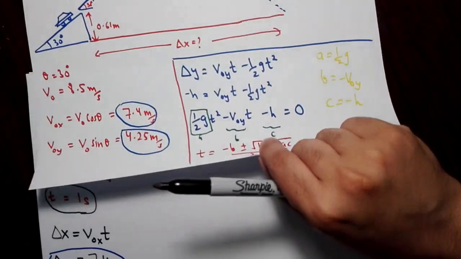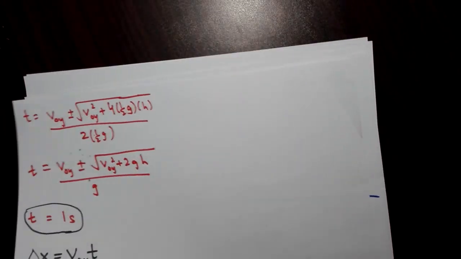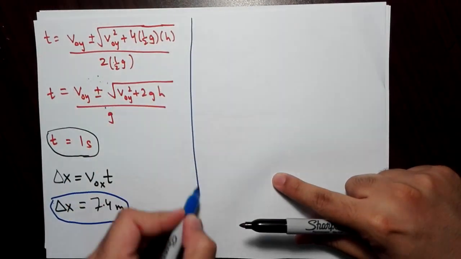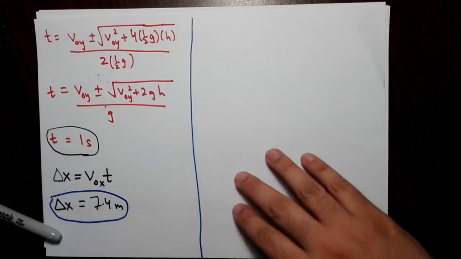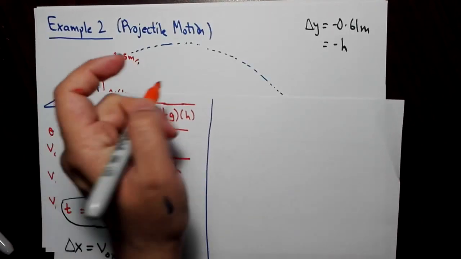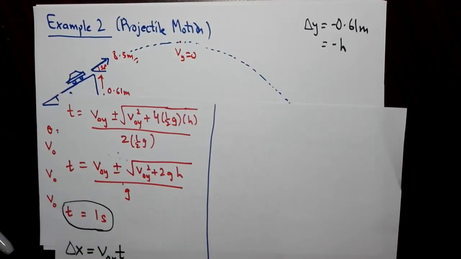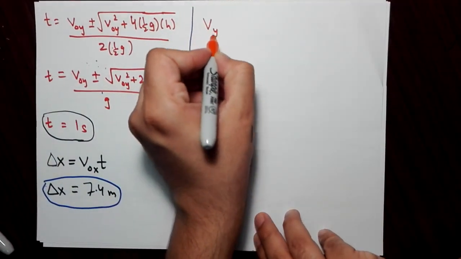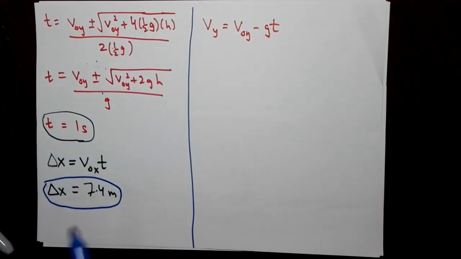Now, of course, it depends on what the question says. We can explore more in this problem. We can get the height that the projectile goes to. So remember, at the maximum height, always remember that Vy is equal to 0. If you plug in Vy equals 0 in this equation, Vy equals V naught Y minus GT,